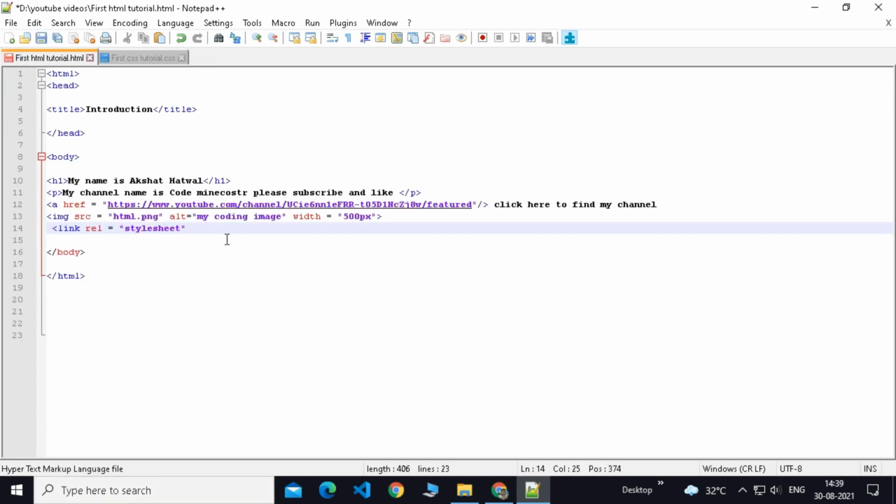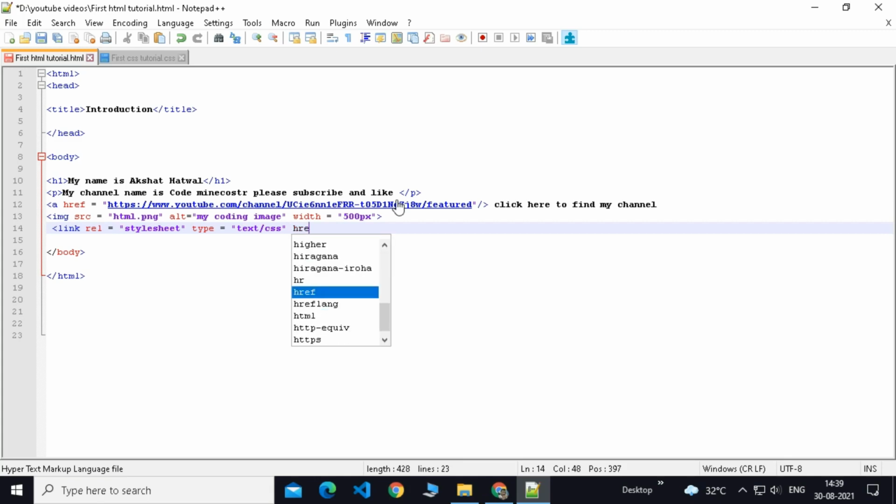And then you have to type type is equal to text slash css. This syntax is not important, but it is helpful in some scenarios which we will talk about in later videos, because it's an advanced topic. So just type it for now, and in future I will tell you.